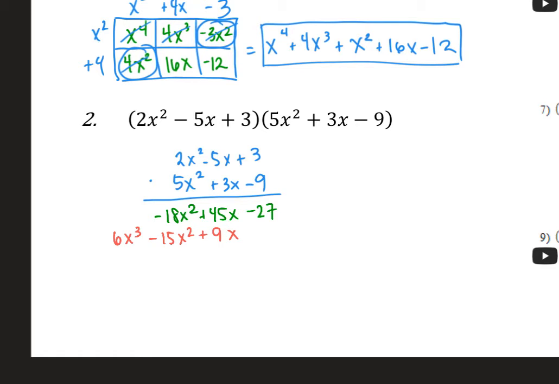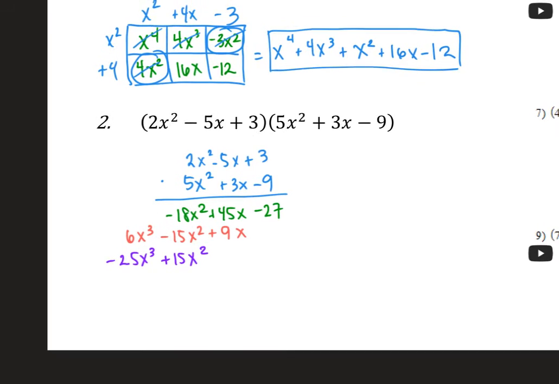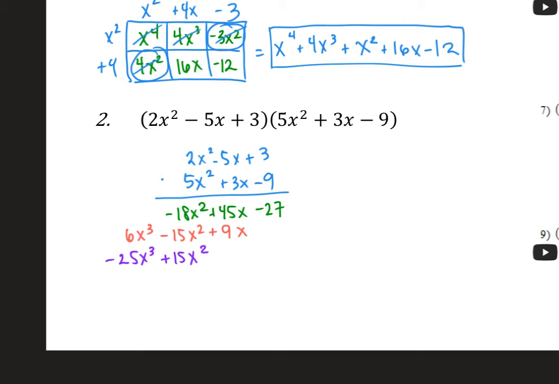All right, and then now we're going to do the last number, so the 5x squared. So 5x squared times 3, that's 15x squared. 5x squared times negative 5x, that's negative 25x cubed. And then 5x squared times 2x squared, that's going to be 10x to the 4th power. So as you can see here, all of our like terms are stacked, and it's easy just to add straight